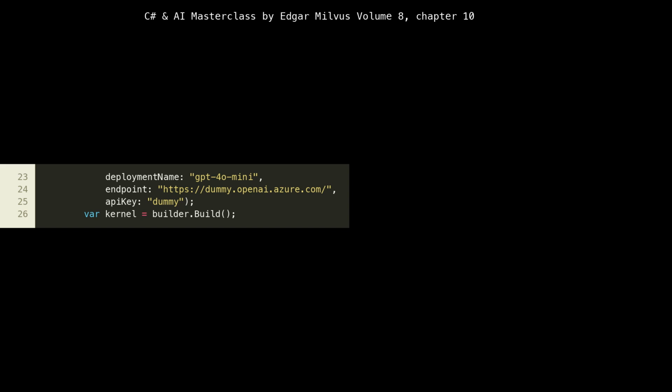Notice the use of deployment name, endpoint, and API key. In a production environment, these would be sensitive credentials, typically loaded from environment variables or a secure configuration store, not hard-coded. For this example, we use dummy values. This configuration step is crucial because it connects our application to the underlying AI model, which performs the actual text generation and understanding. If this step were misconfigured, the application would fail to communicate with the LLM, leading to errors